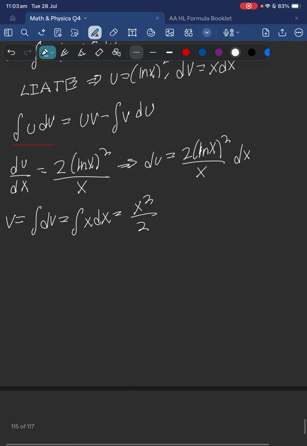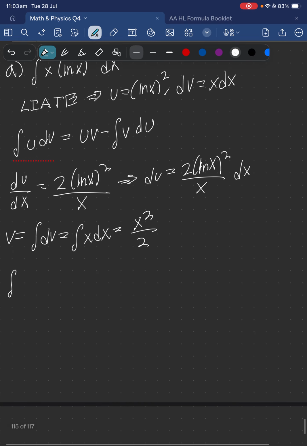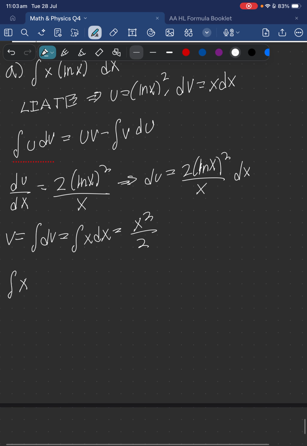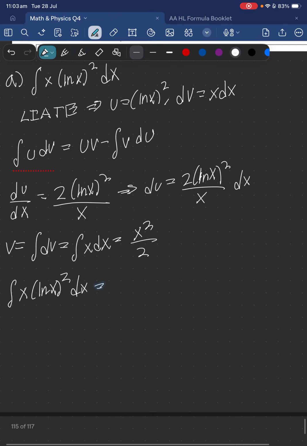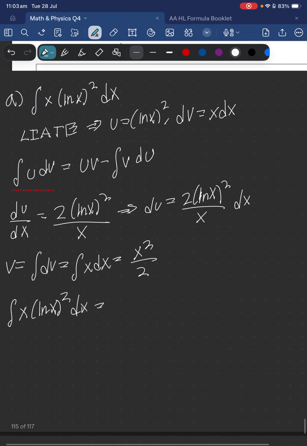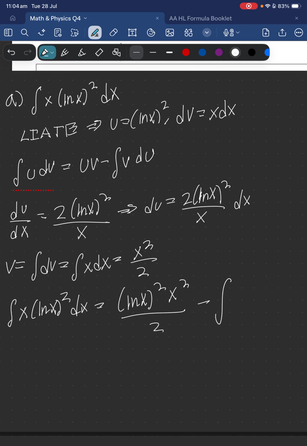So writing everything in our formula, we get the integral of x times natural log of x squared dx is equal to uv, which is the natural log of x squared multiplied by x squared over 2, minus the integral of v du, which would be x squared over 2